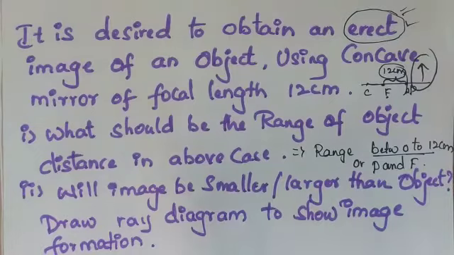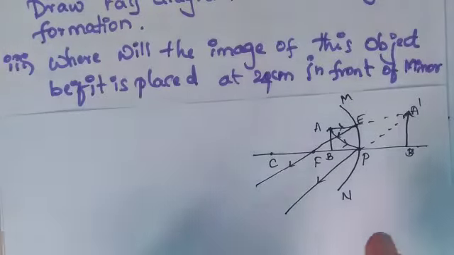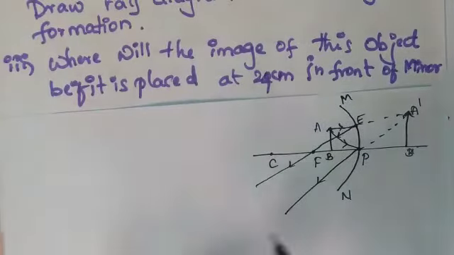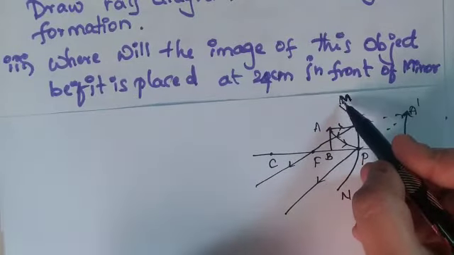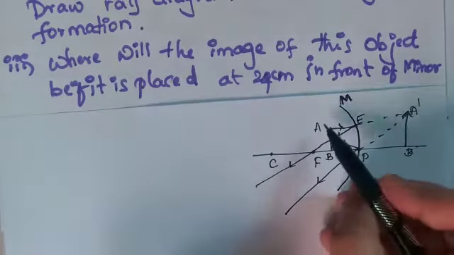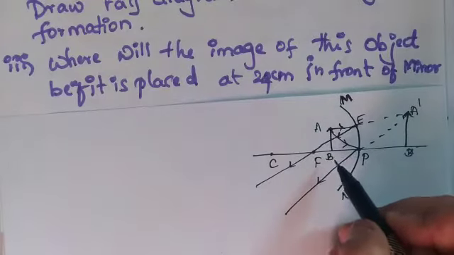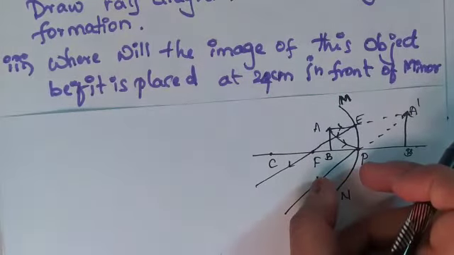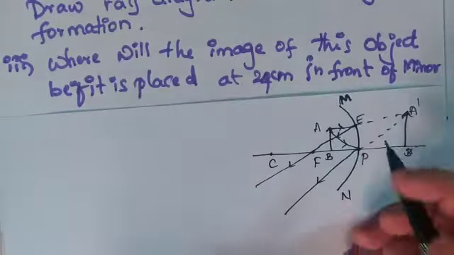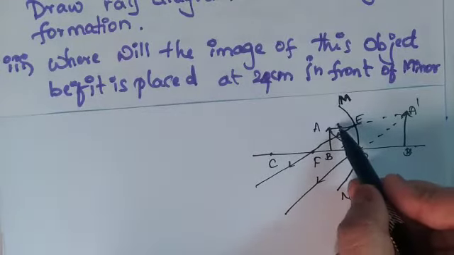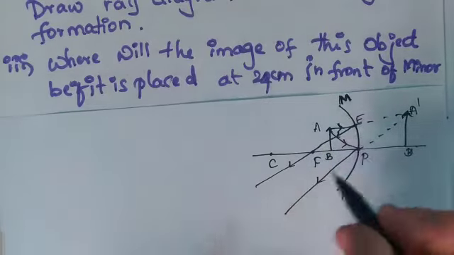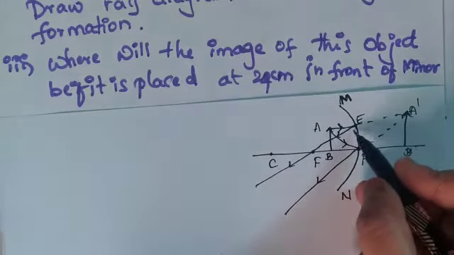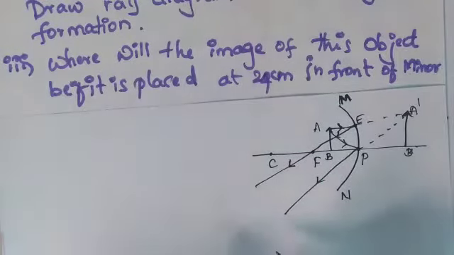Now we have to show the ray diagram to explain this. This is how the image will form in the case of a concave mirror. I have drawn the concave mirror and named it M and N, and I have kept an object between F and P, that is 0 to 12 centimeter. I have to draw this ray diagram, with the direction of light entering the mirror and the direction of light exiting from the mirror. That is very important.